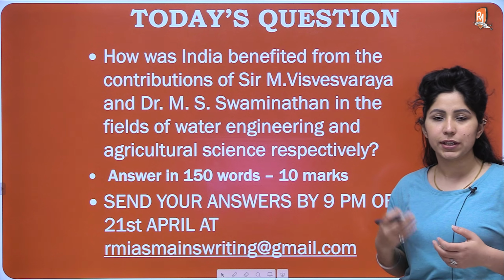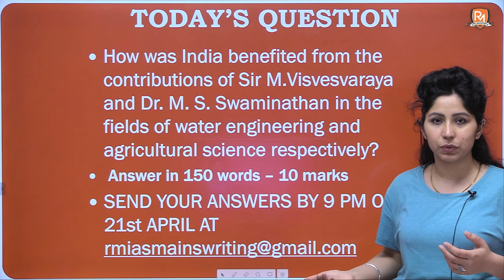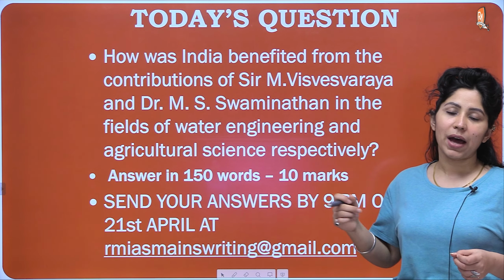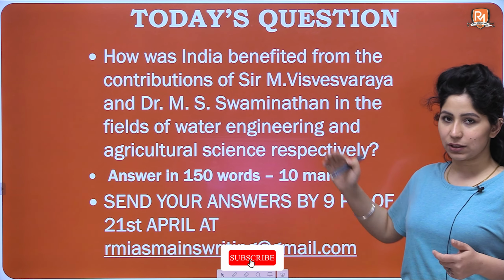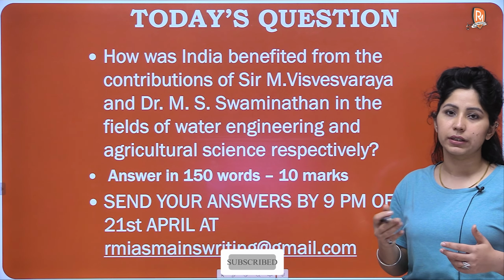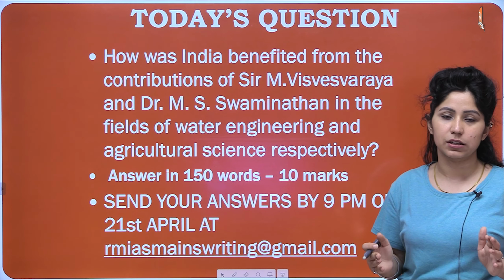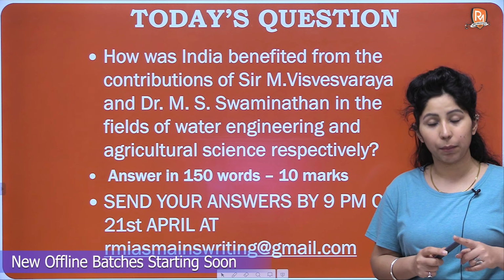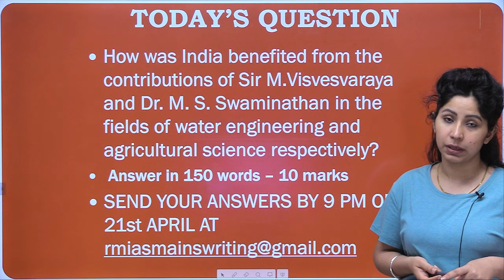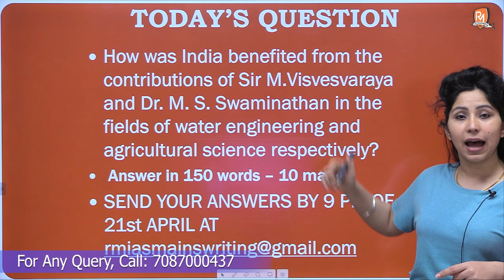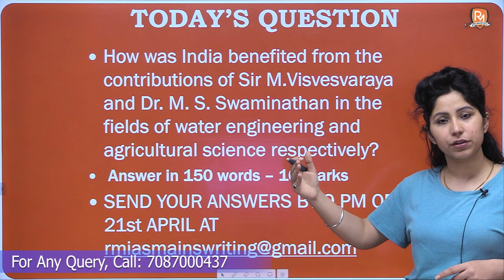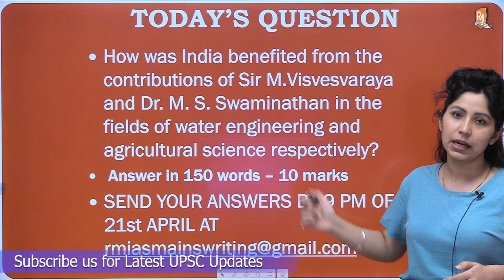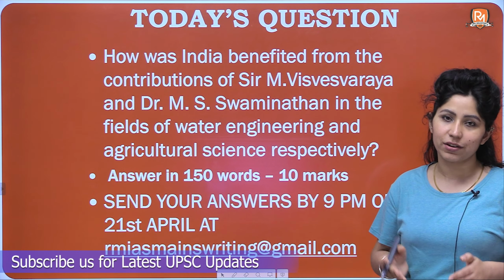An introduction gives an overview to the answer. It's a conversation with the examiner. So, how can we give a brief overview? By paraphrasing the question we have. So, these two scientists worked under certain situations. They were present under certain situations when, number 1, Indian agriculture was not developed enough, number 2, irrigation systems were not developed, and the first one actually had a great contribution to developing irrigation systems in India, and the second one, Dr. M.S. Swaminathan, actually ushered in the green revolution in India.